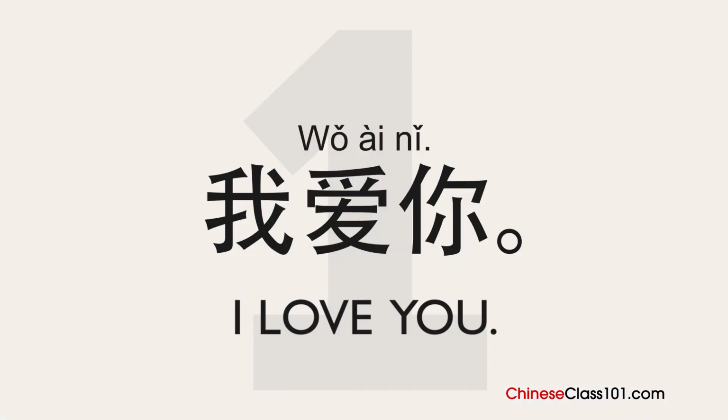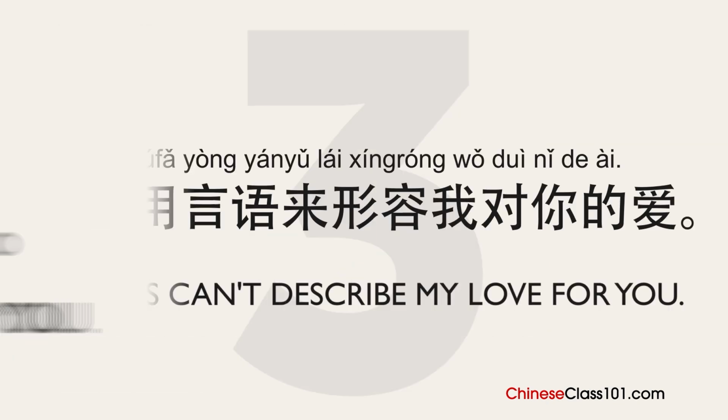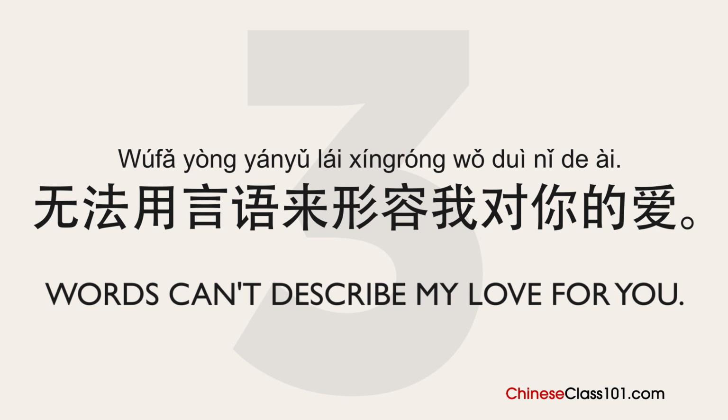Let's start with how to express your feelings to your loved one. 我爱你。Or if you want to explain those butterflies in your stomach, you can say 我喜欢你。And when you feel that I love you is not enough, you can say 无法用言语来形容我对你的爱。